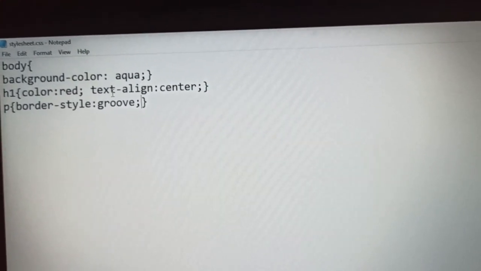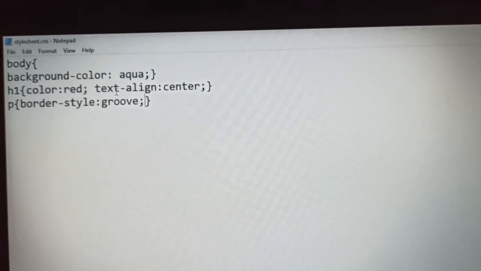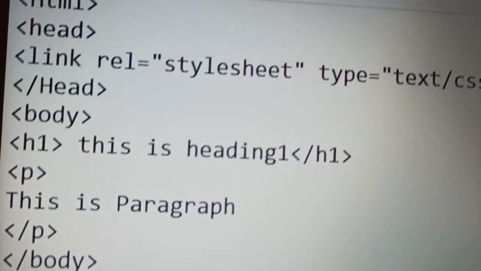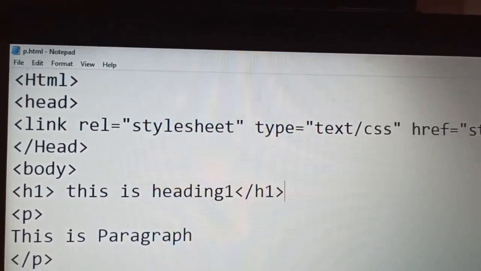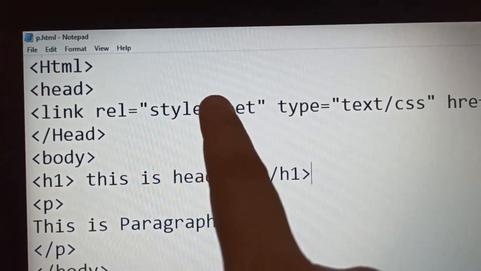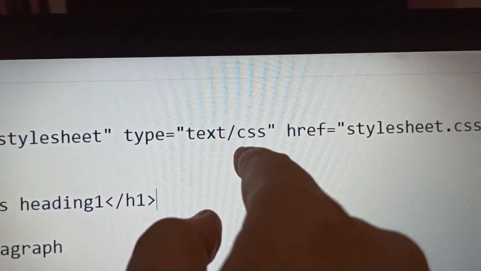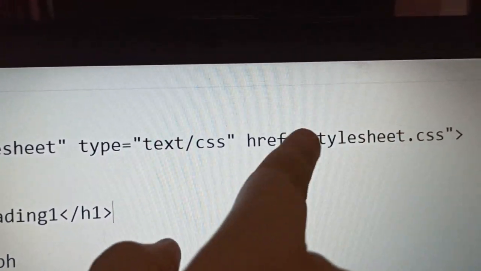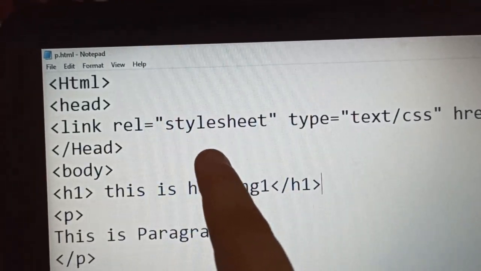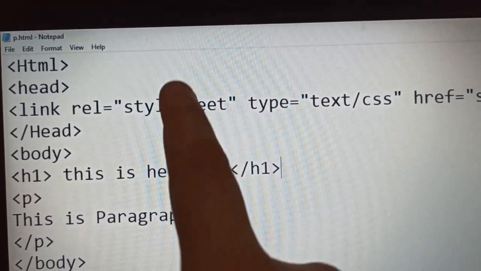So this is the CSS file, and in this I have linked all these CSS styles and rules. Okay, now I am creating one more file, that is the HTML file, and in that I am going to link this CSS file. So let's check that HTML file also. Yes, so this is my HTML file in which I have linked that CSS file that I showed you just now. My program starts with HTML, then head, then the syntax I have mentioned, link rel style sheet, type equal to text slash css, href, I have given the name of that CSS file, that is stylesheet.css. Then after that the head tag has been closed. As I told you, the link tag would come inside the head section only.